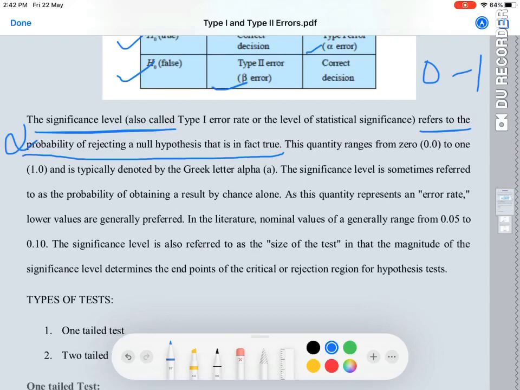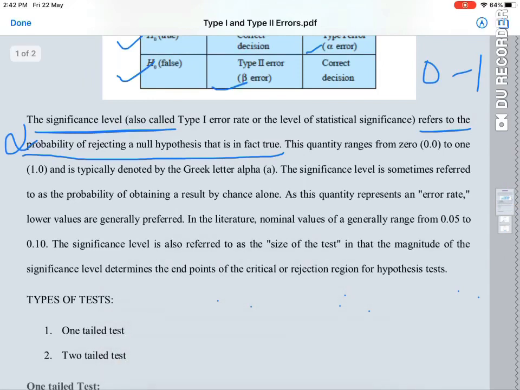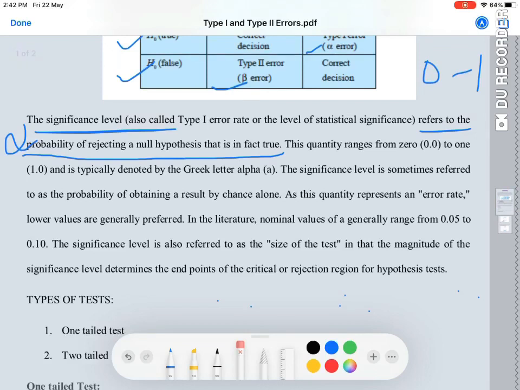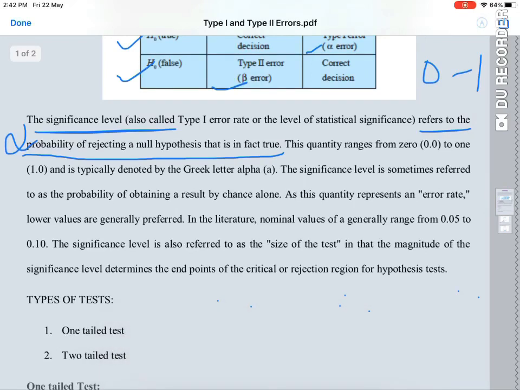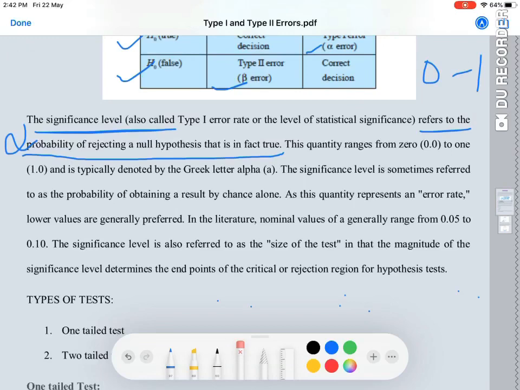The range which we consider for level of significance will be 5% to 10% when we are solving problems. That means we are giving 5% probability for an error to occur when we are testing hypothesis in any scenario. So it could be 5%, it could be 10%, depending on the context of the problem, we will change the values of level of significance. And most of the times the level of significance is taken as 5%.